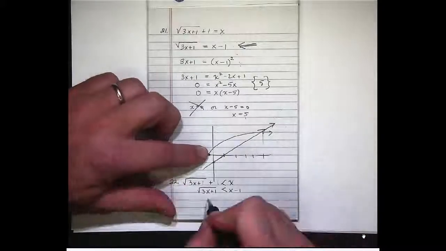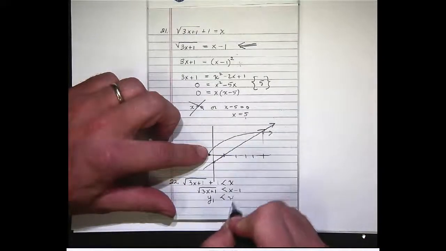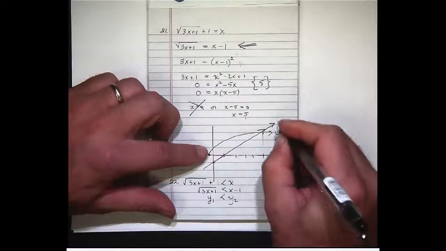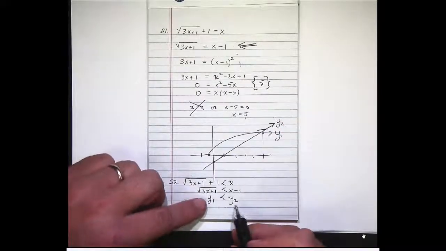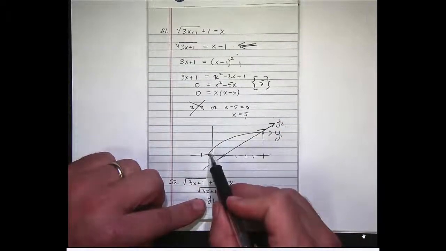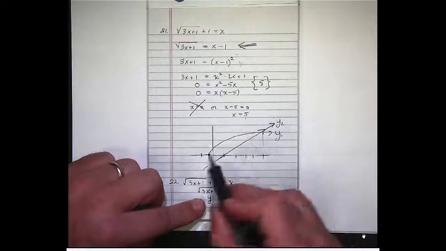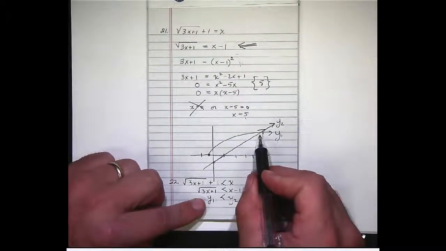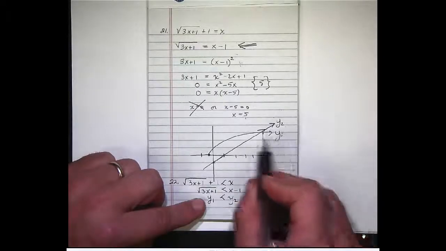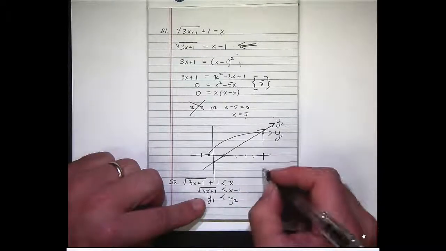And this I'm going to call y1. This I'm going to call y2. And so basically I'm looking where y1 is below y2. Is y1, this is y1, is it below y2 here? No, it's above. Is it below out here? Yes, it is. So the answer is from 5